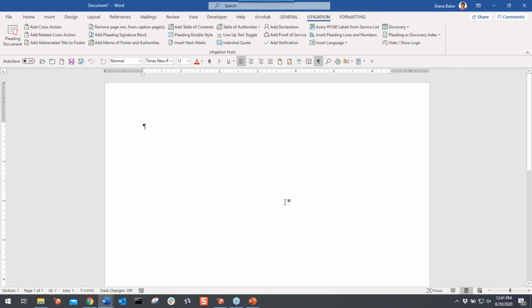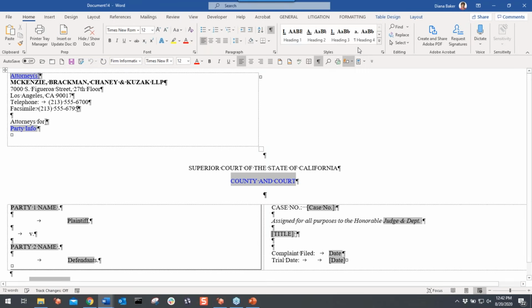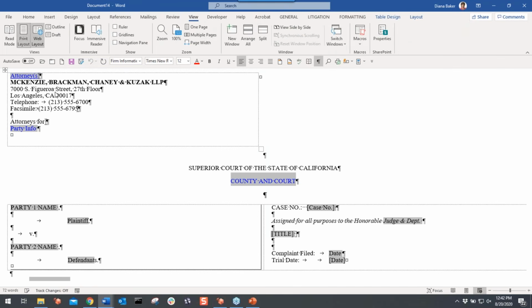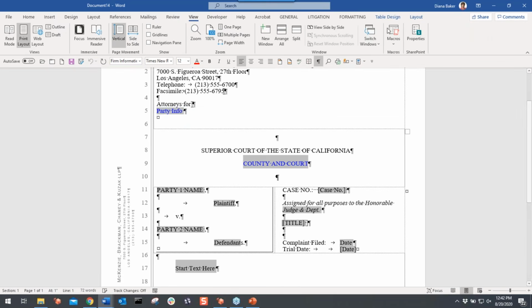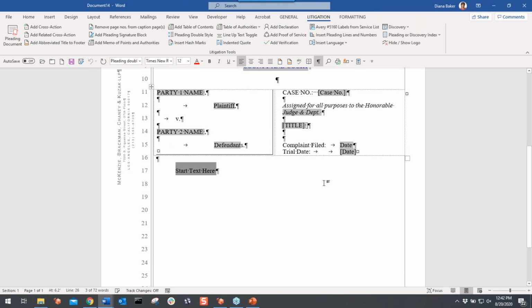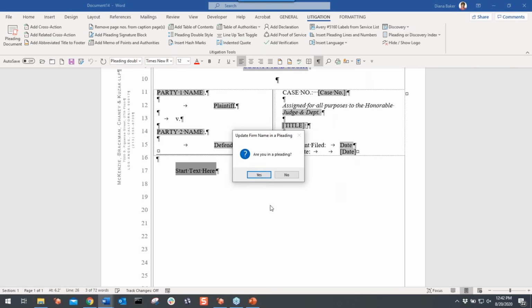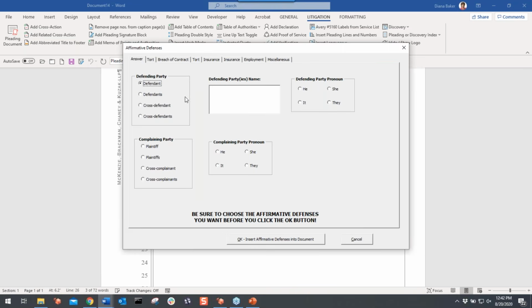I'm going to demo a litigation macro. So I'm going to open up one of my Superior Court pleading templates. Oops, I guess I should go to View, Print Layout. I'm not going to fill all this in. That's not the demo I'm going to do. I'm going to show you how quickly you can add boilerplate text, and in this instance, affirmative defenses to a pleading. So on my litigation ribbon here, Insert, I'm going to go to Affirmative Defenses,